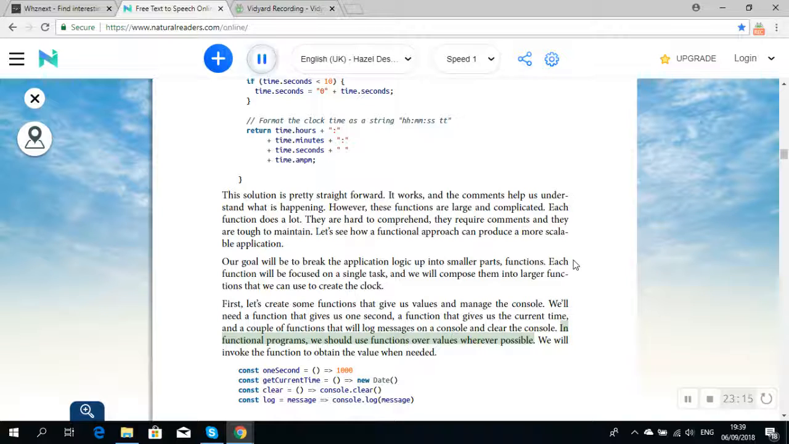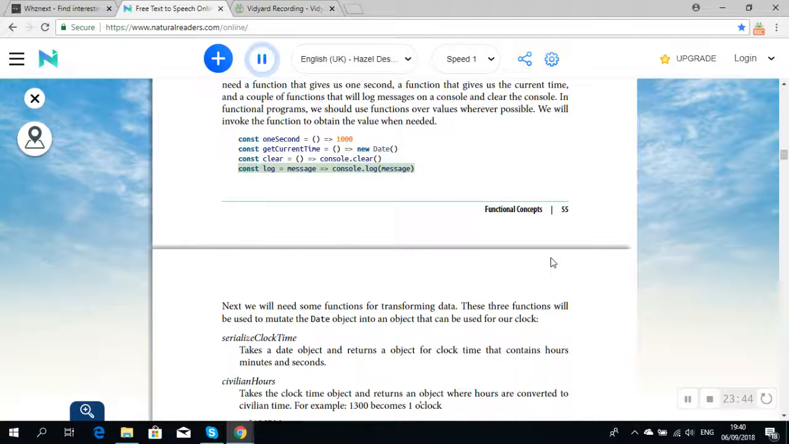In functional programs, we should use functions over values wherever possible. We will invoke the function to obtain the value when needed. const oneSecond = () => 1000; const getCurrentTime = () => new Date(); const clear = () => console.clear(); const log = message => console.log(message);